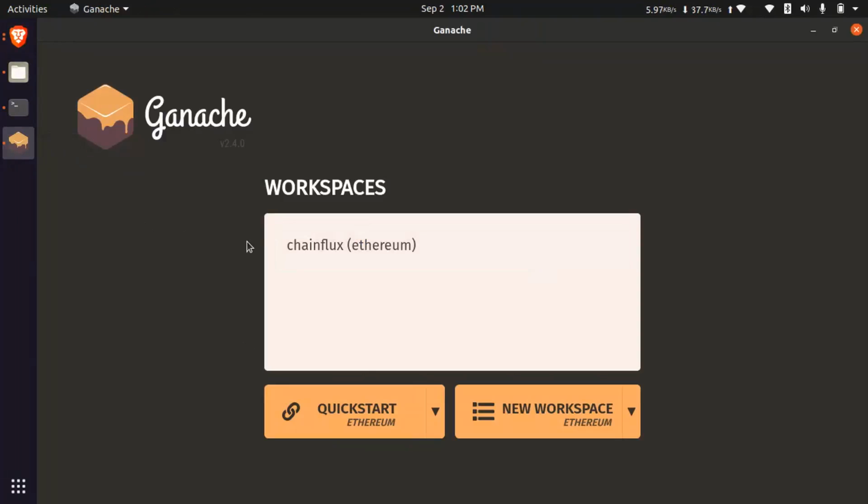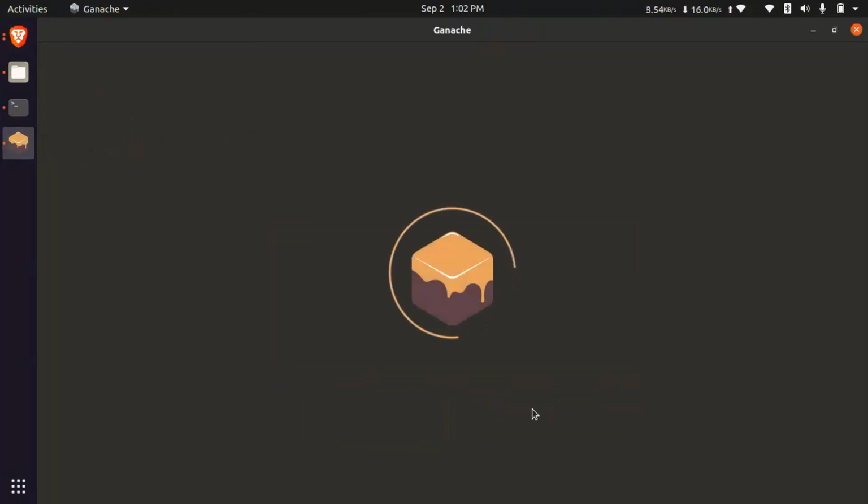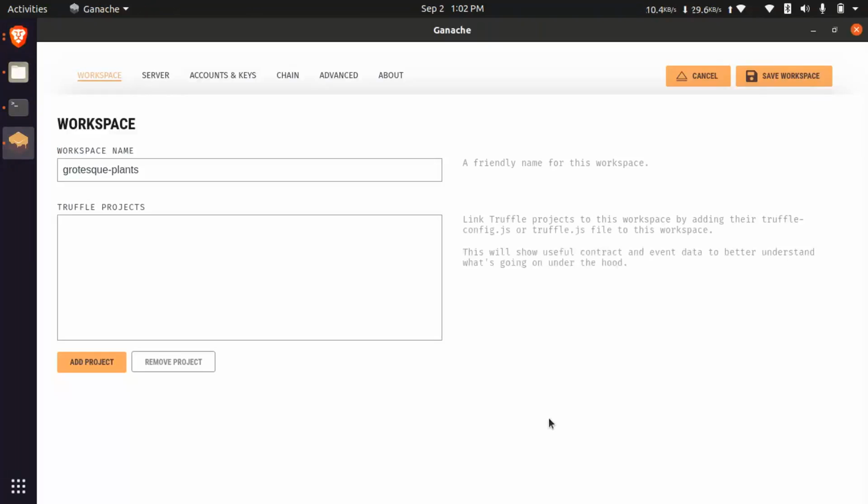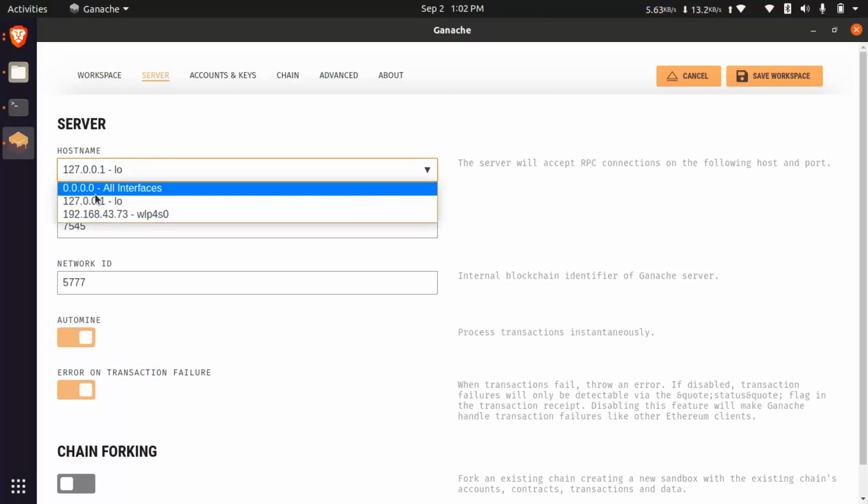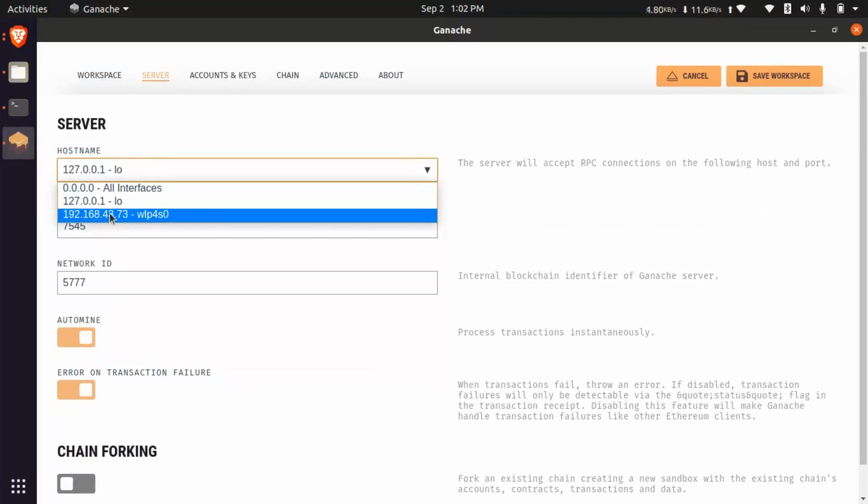Once you get the screen, just click new workspace. Just enter your workspace name, like I am entering test. Server, like this is local. This is my IP.